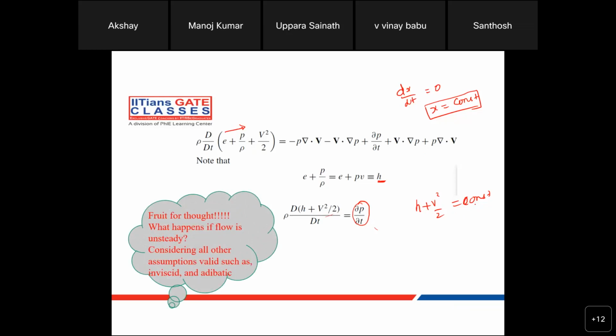So can anybody say? What happens if the flow is unsteady? The right hand side cannot be 0, right? It's a function of time now. So then the very definition you started off with is not valid if the flow is unsteady. So this particular part we will be missing in that definition